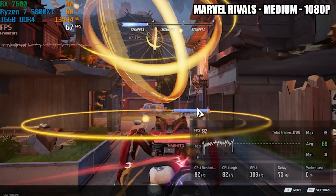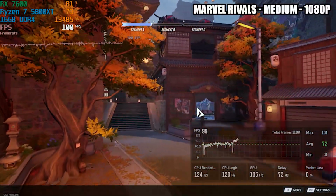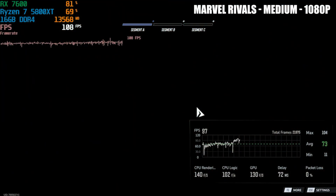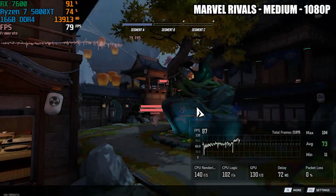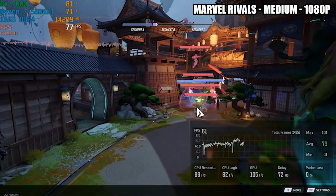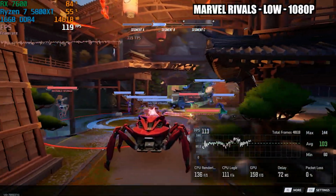So I wouldn't really recommend going to higher settings on a PC like this, especially for this being a more competitive game. You want as much FPS as you can, especially if you want to run a high refresh rate monitor, which we'll talk about in a second. But on medium settings, you can expect pretty good performance. It was pretty consistent and smooth at 70 FPS,